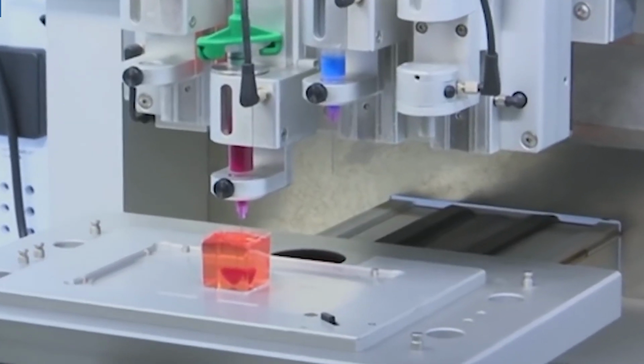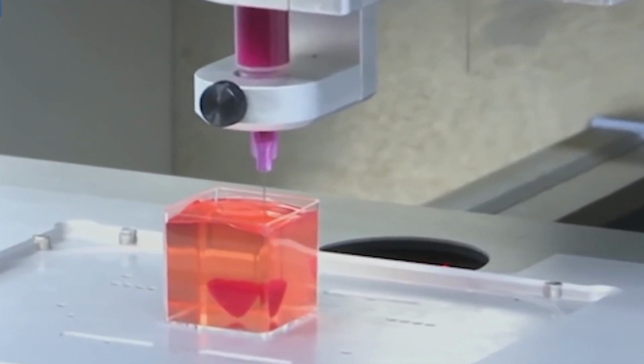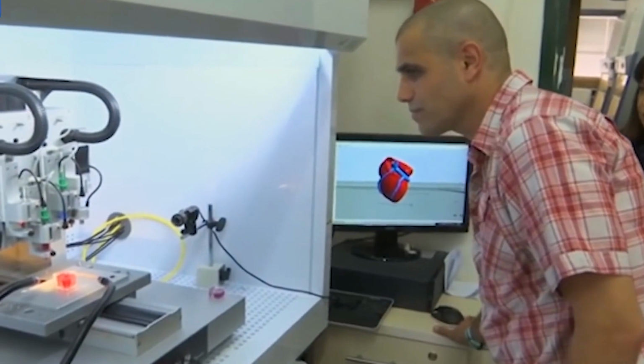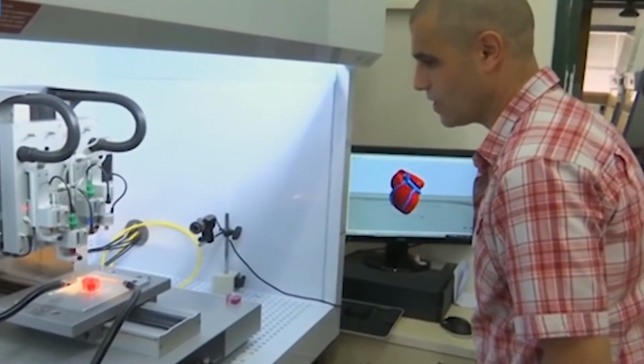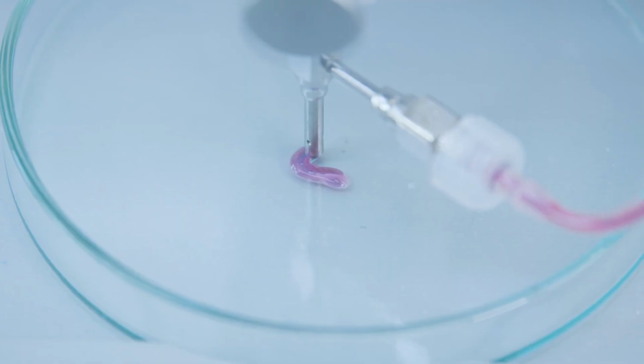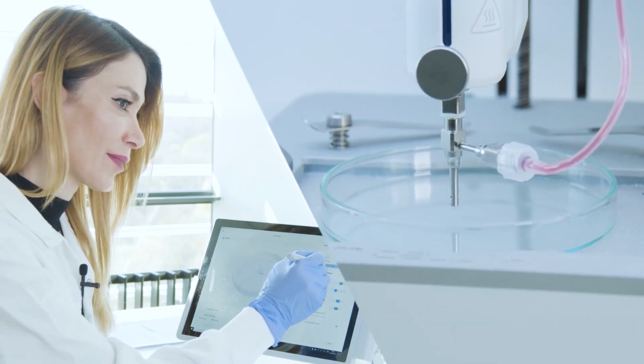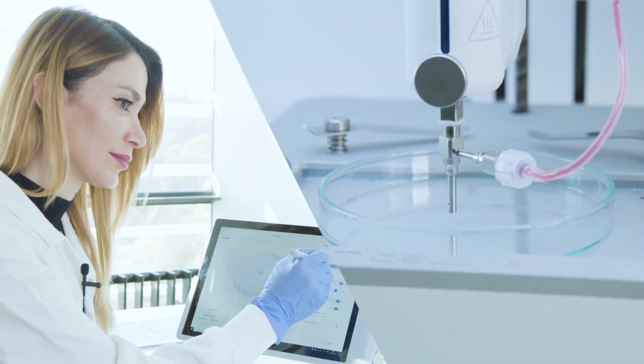Furthermore, advances in bioprinting now enable the creation of 3D printed artificial organs, offering hope to patients suffering from organ failure, their families, and the healthcare system as a whole. 3D printed tissues have also been developed for pharmaceutical testing, helping researchers better understand the side effects of medications and